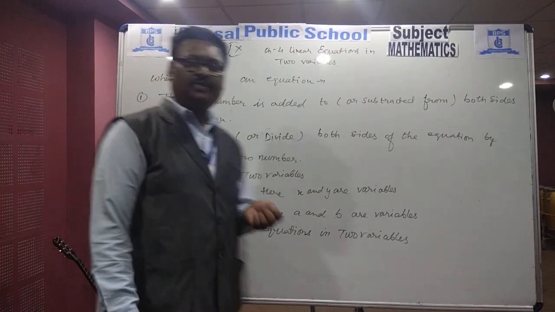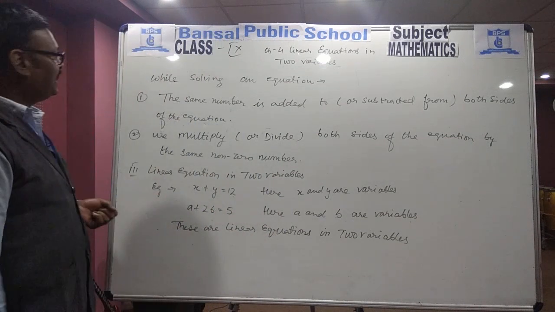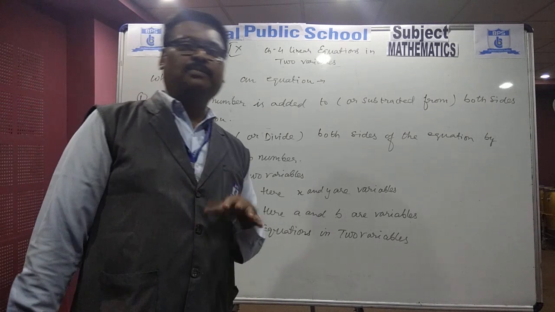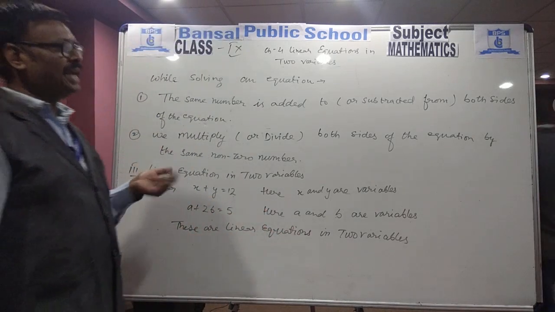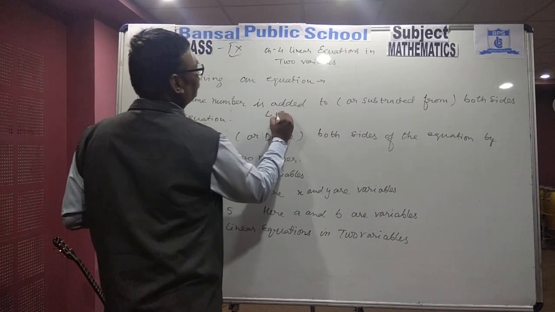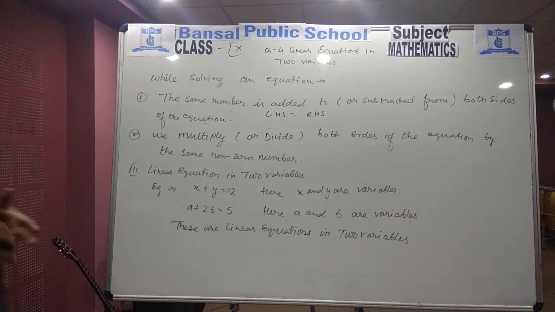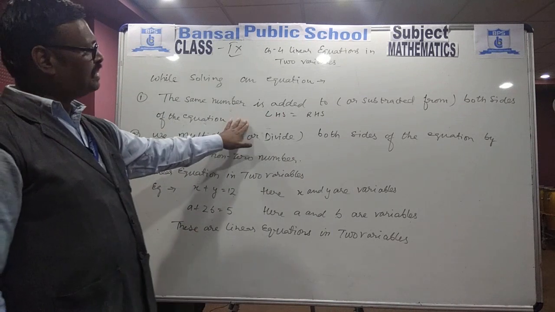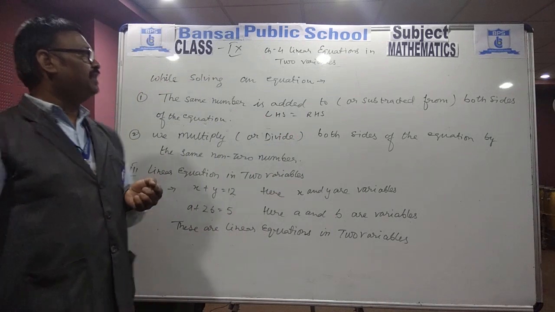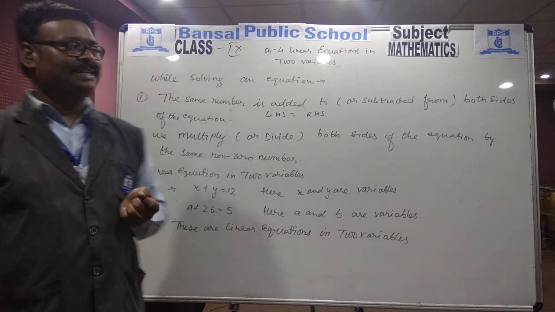While solving an equation, we have to follow some rules, or some suggestions, that we will always follow. If I want to add, I can add an equal number on both of the sides. Or if I have to subtract, then I have to subtract an equal number from both the sides. That is, if LHS and RHS are the left hand side and right hand side parts of an equation, I can add the same number on LHS, similarly I can add the same number on RHS, and I can subtract the same number from LHS and the same number from RHS.